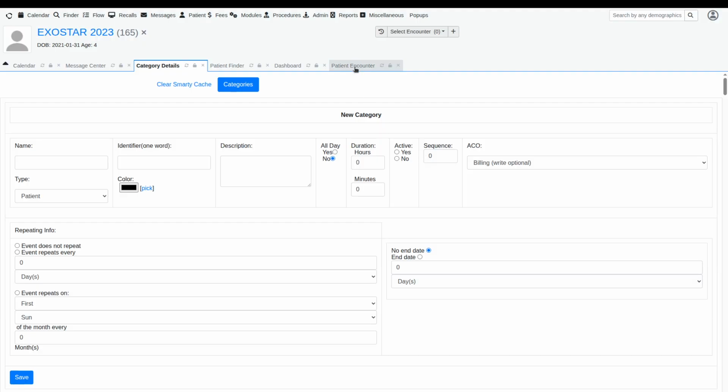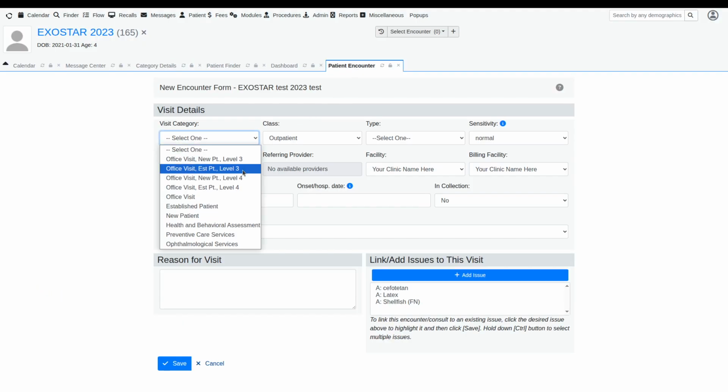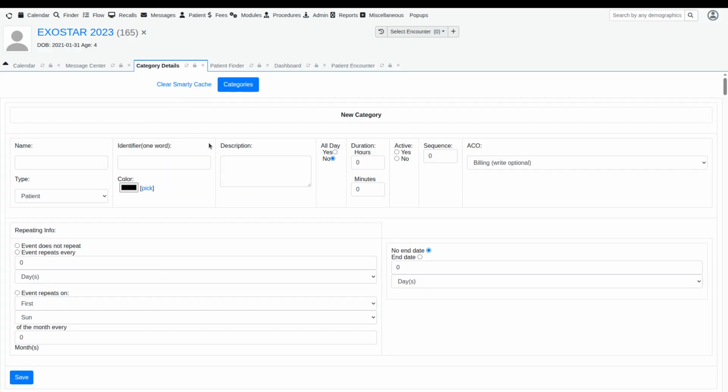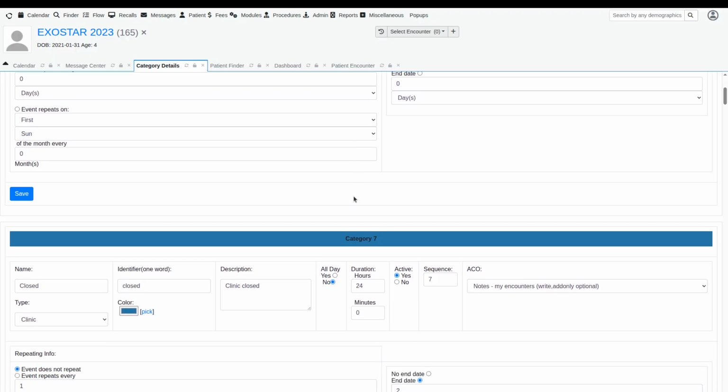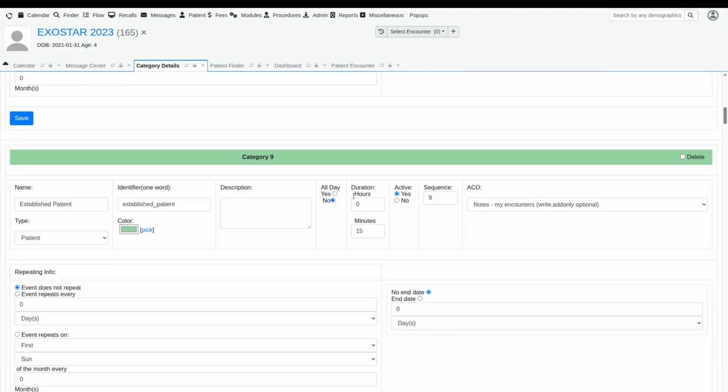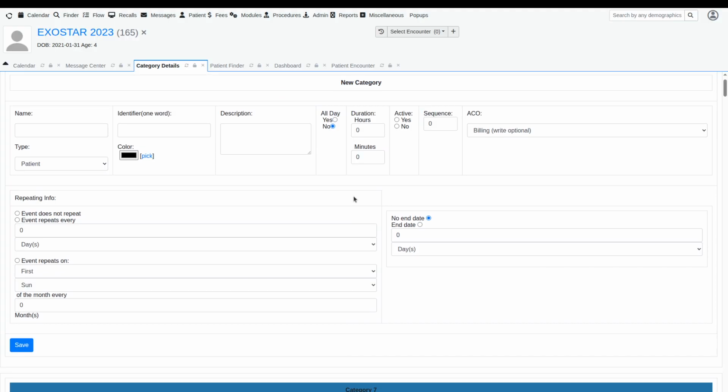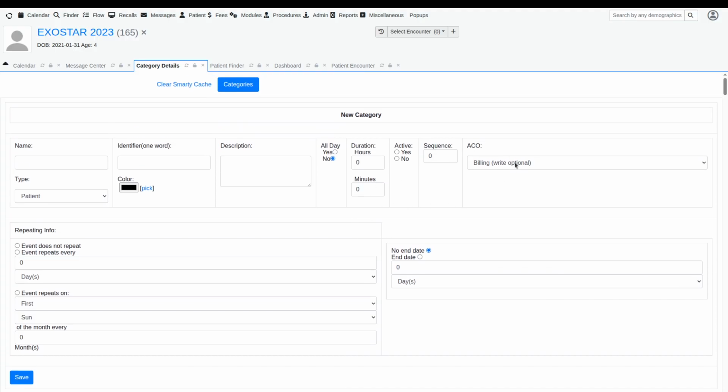Sequence number is going to tell the system which order these show up in. If you make them 0, then it's going to go by alphabetical or numerical order. It just depends on what you have up here, because you can see I have office visit down below here, but all these are 0, I know for a fact. So if I go back over to here, one of the things you're going to have to look for, or if you run into this problem, is a known issue. I wish it was better, but it's not. Once you finish filling in all of the information details,